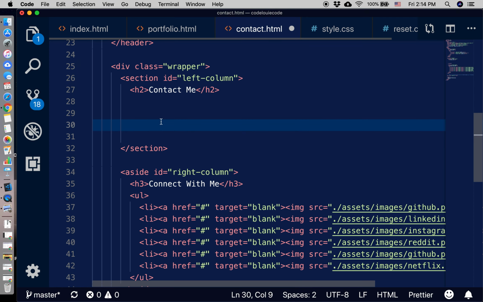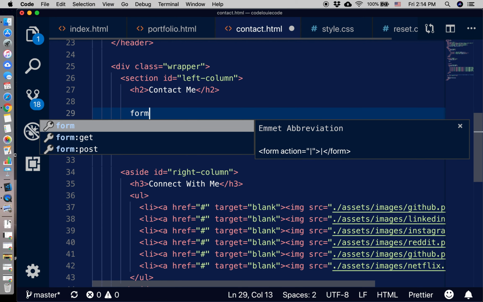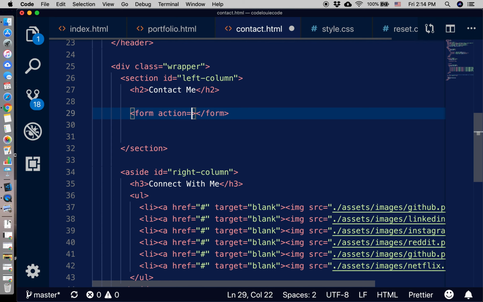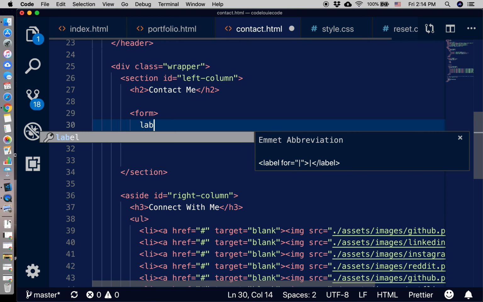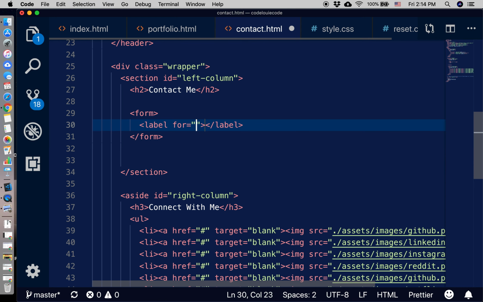So let's get started. We're going to use our HTML5 form tag. So, form. Don't need to give it an action. And we're going to add in a label. This label is for your name, so for the user's name. And we're just going to put name, colon, and